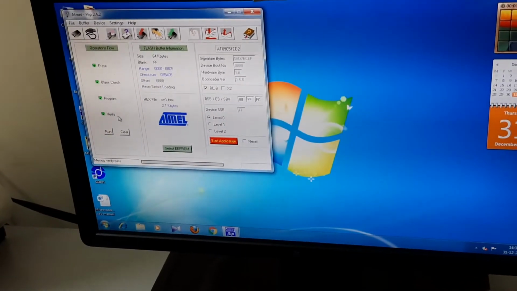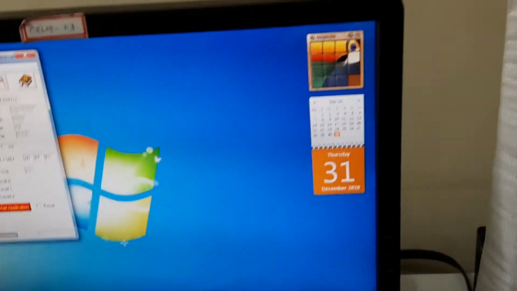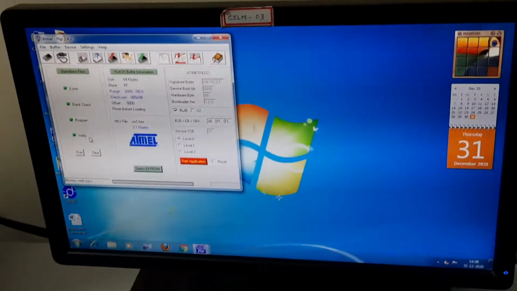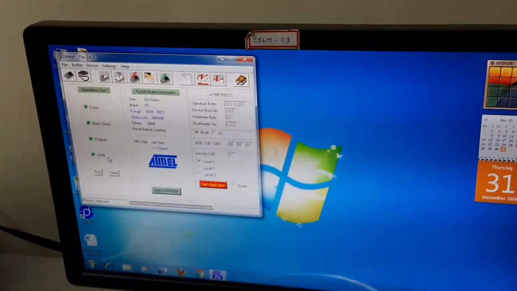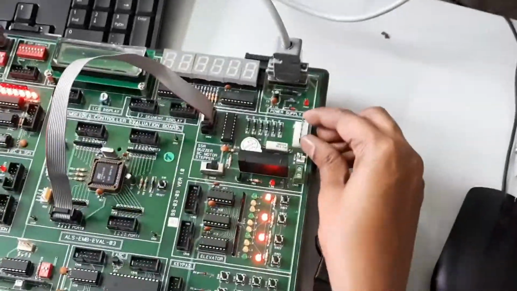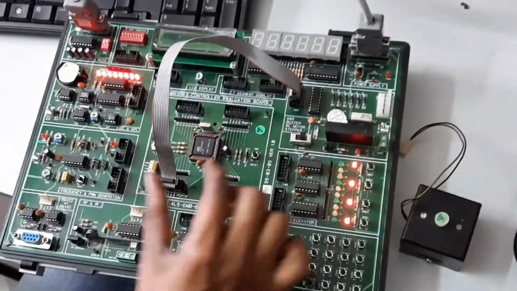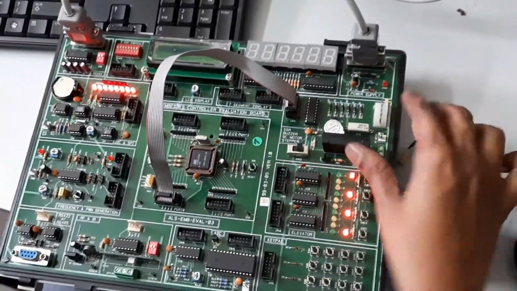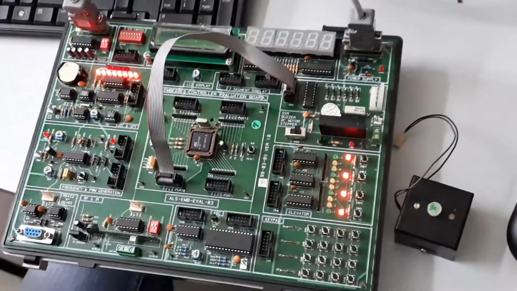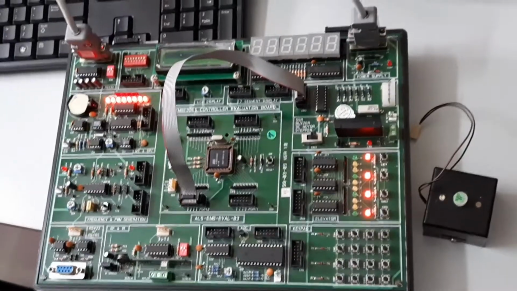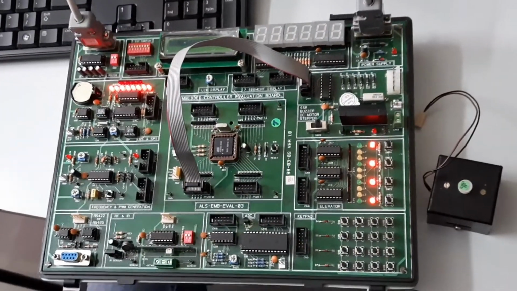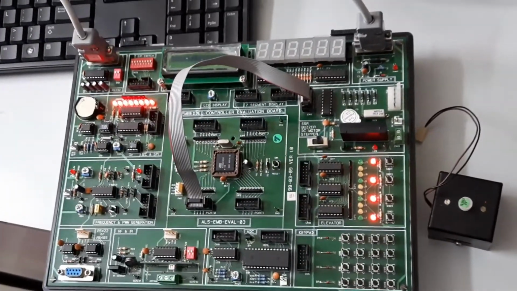port 0 must be connected to connector 12. Okay, because this is the place where I am having the stepper motor. So port 0 is being connected to the stepper motor module. Stepper motor, what is the functioning of stepper motor? We can have the number of steps. If the number of steps is more, the speed will be high. If the number of steps is less, the speed will be less.